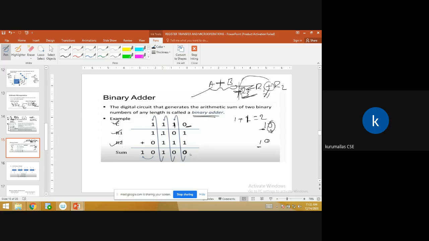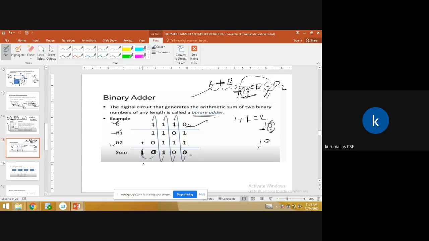Three ones are there. If it is three ones, we get 1, and again one more carry 1. Next, 1 plus 1 is 0, so 1 carry is there. So 0 plus 0 is 0. So 0 1. Remember, C equal to 0, 1 1. If 1 1 is there, 0, then carry is 1. Next, again the sum of these three. Don't assume 1 plus 1 equal to 2, or 1 plus 1 plus 1 equal to 3. Don't assume like that. See, 1 1 0. If it is 1 1, carry 1. Next 1 1, next 0, carry 1. Three ones are there, so that 1 and 1, and next one the carry is 1. Next 1 1 0,